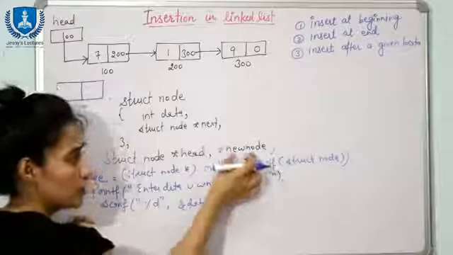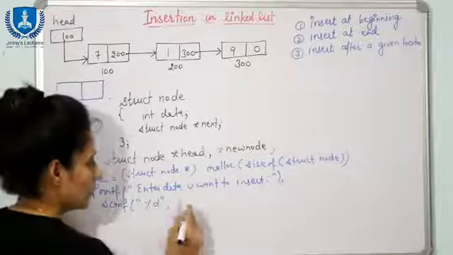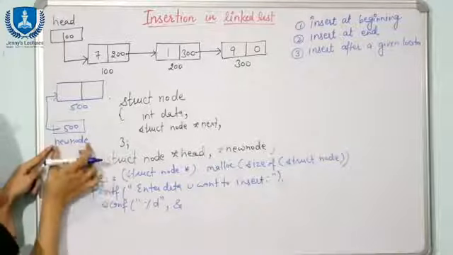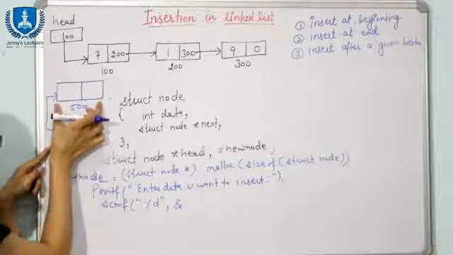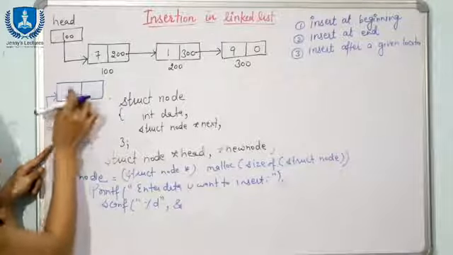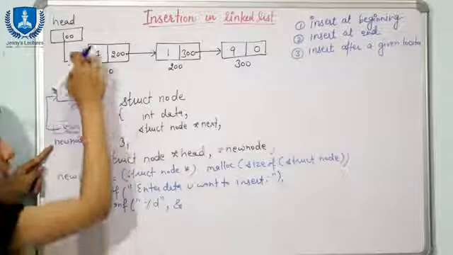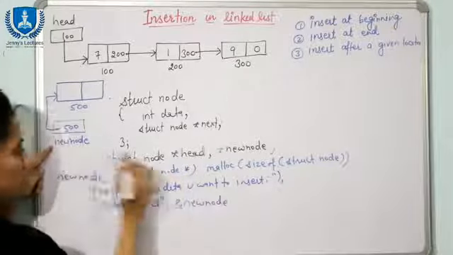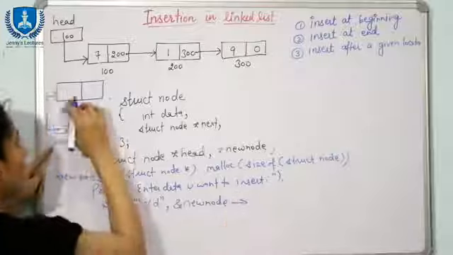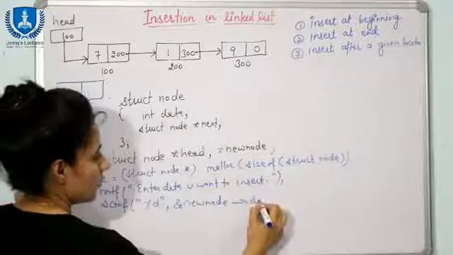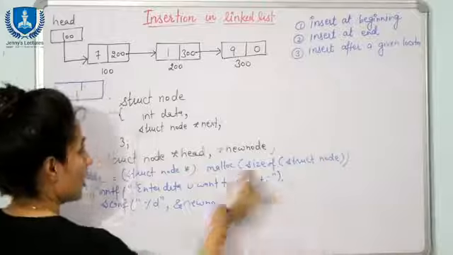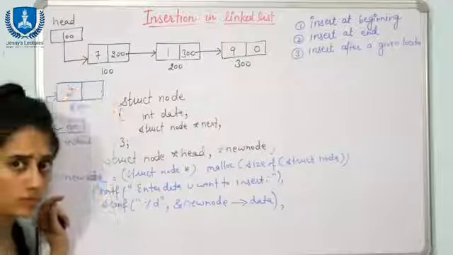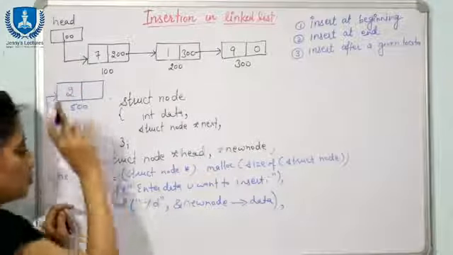If you want to access using this pointer, then how you will access? See, the syntax says address of, name of the pointer. This pointer is pointing this newly created node, and here I want to insert the data that I want to insert in this list. So you write the name of the pointer, this arrow, and this is what? Data. The name of this field is data. Fine. So here now value is going to store. Now suppose I want to insert here 2, right? So now 2 is going to store here.